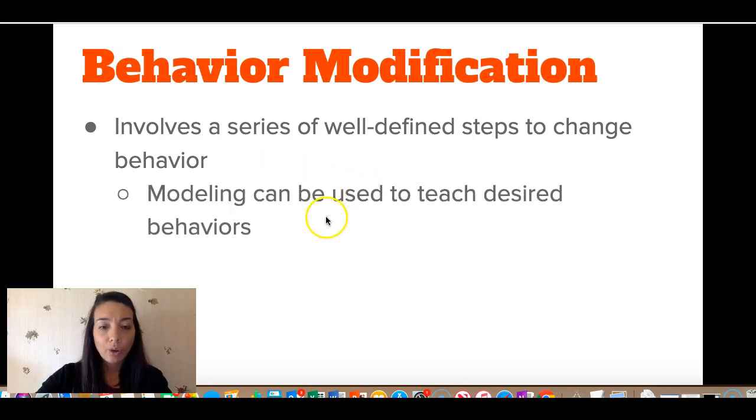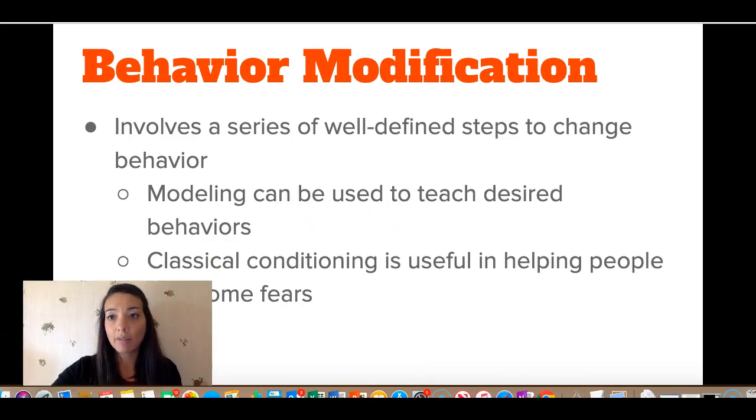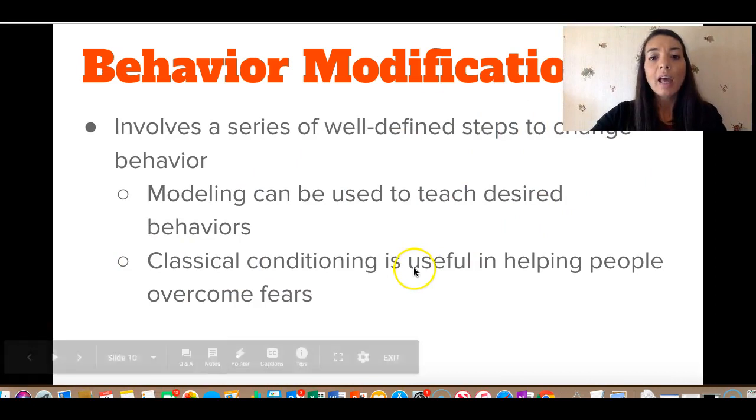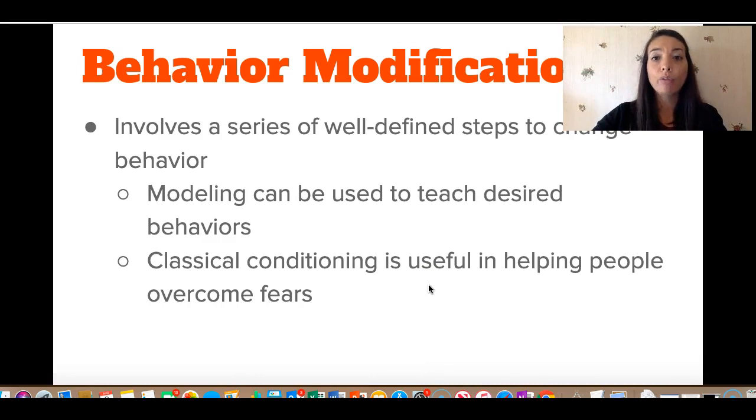Okay? So we've talked about modeling, which is observational learning. Modeling can be used to teach these desired behaviors, and sometimes within behavior modification plans, classical conditioning is used, and it's actually helpful in helping people to overcome their fears, like their phobias, okay?